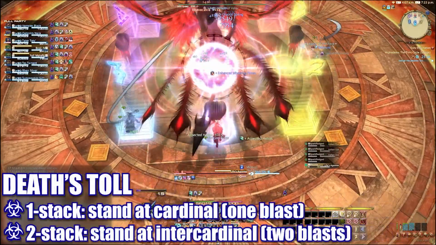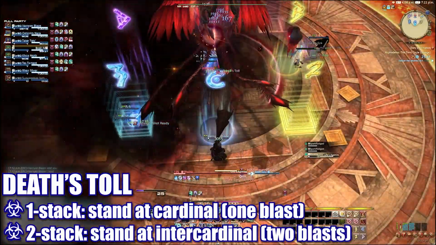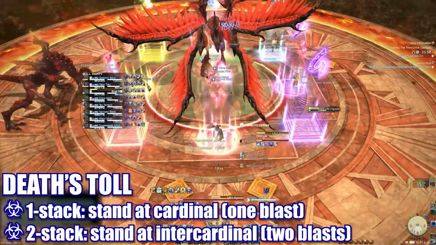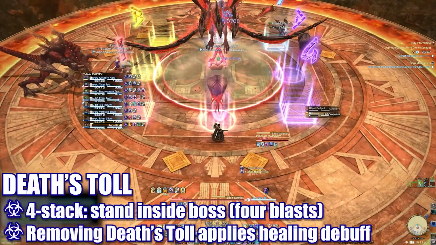Players with single stacks will stand at max melee at the cardinals. Doing so will have them only getting hit by the bird blast across from them. Players with the 2 stack will stand at max melee at an intercardinal. This will have them getting hit by 2 of the blasts. Finally, players with the 4 stack will need to stand directly in the middle to get hit by all 4